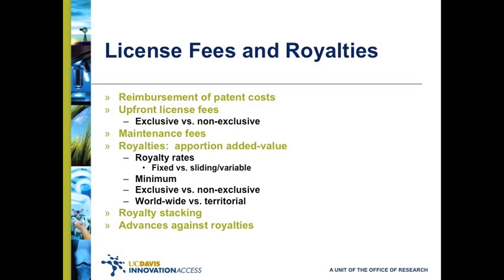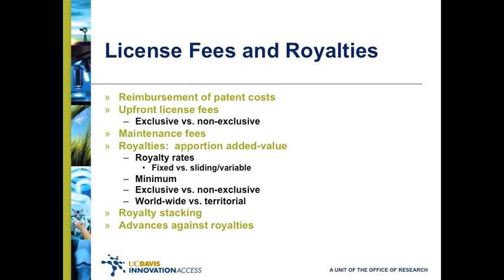Sometimes licenses are going to be coupled with other license agreements that the company may need for licenses that are not owned by the university, but which are required in order for the invention to ultimately reach commercialization. Combinations of royalties from various licensing organizations can create an overall total license royalty that can be prohibitive for the company to have commercial success. This is called royalty stacking.